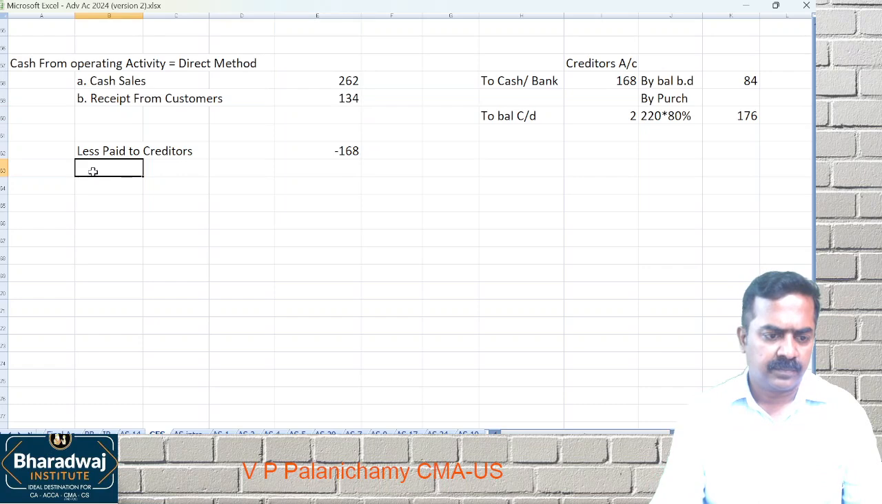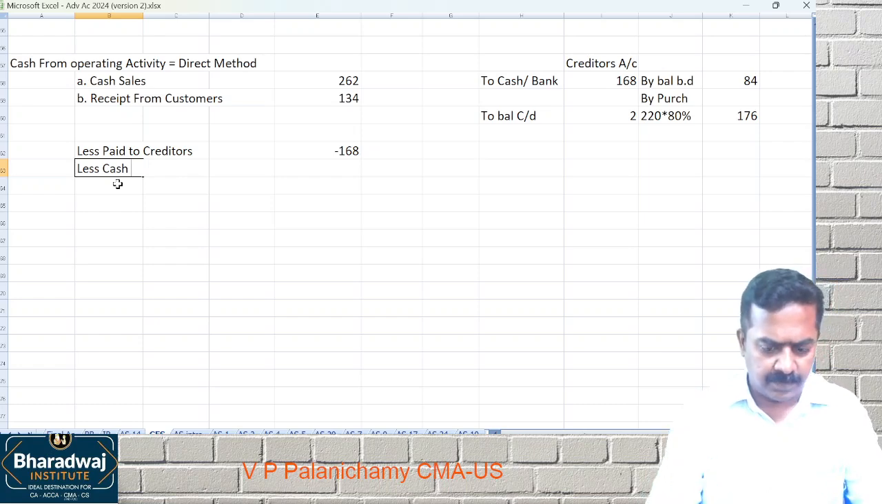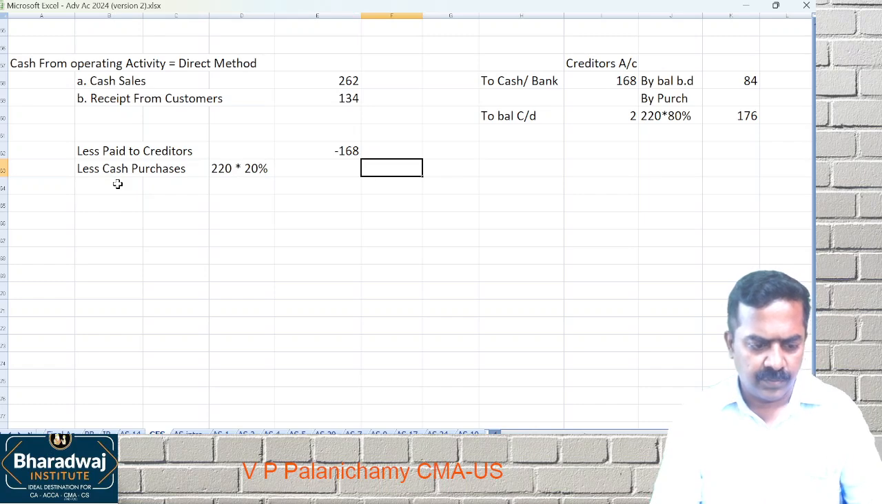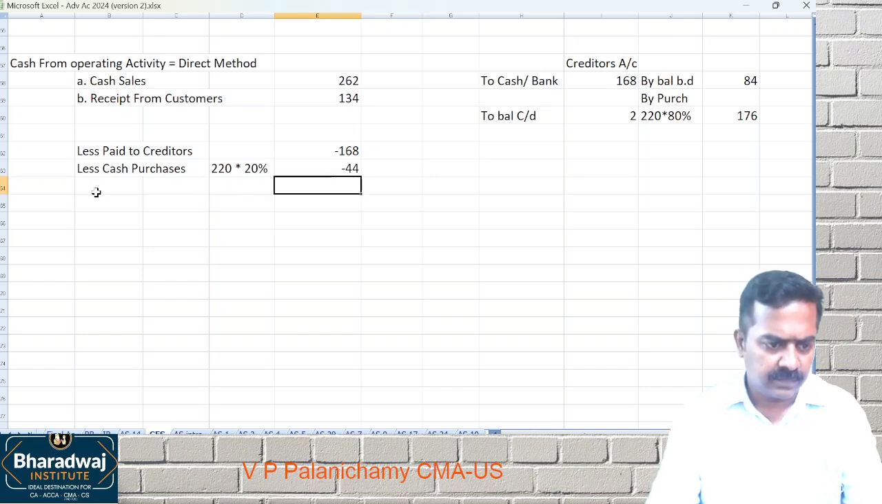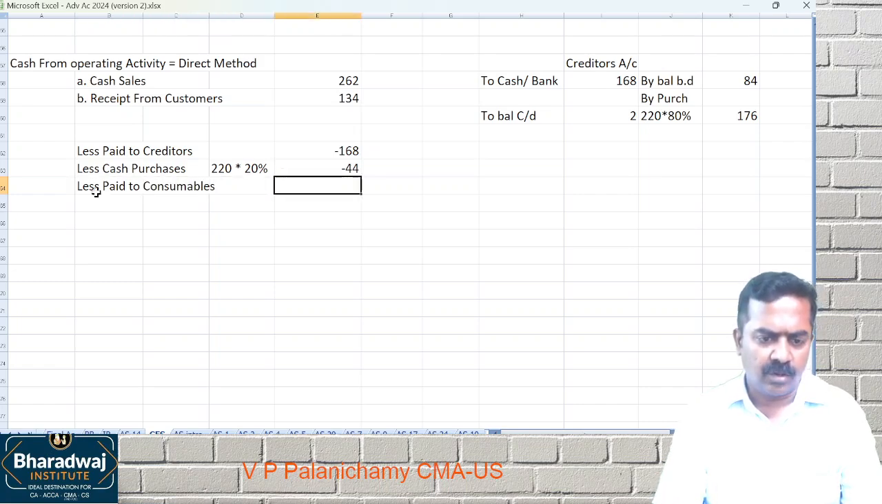Then less cash purchases. What would have been the cash purchases? 220 lakhs into what percentage? 20%. How much comes? 40. Then paid to suppliers of consumables. How much have we paid? 19 lakhs. Then payment to employees. How much? 20 lakhs we have paid. Then